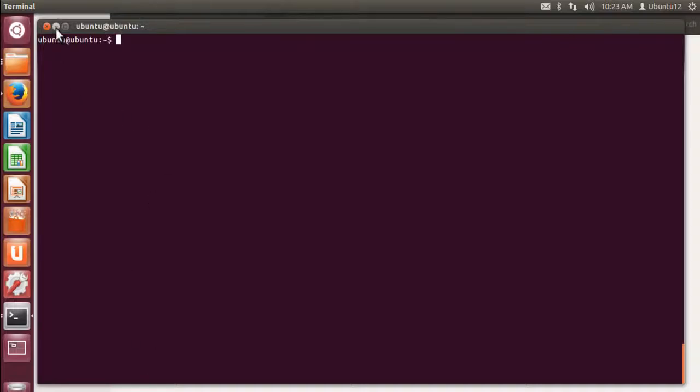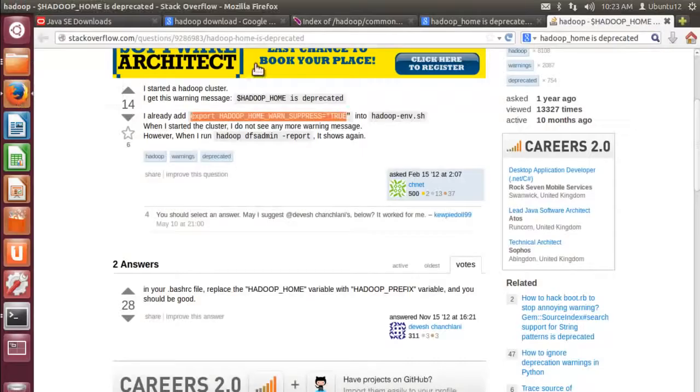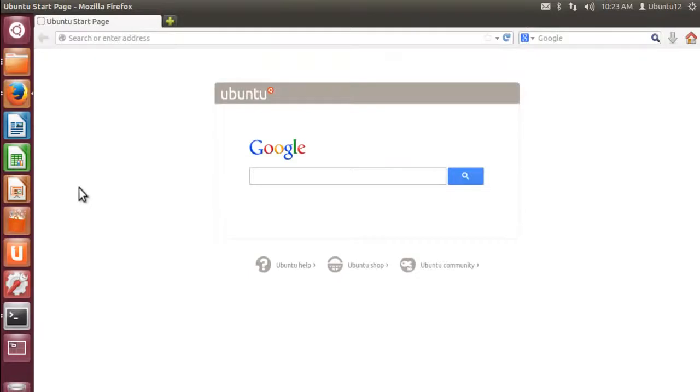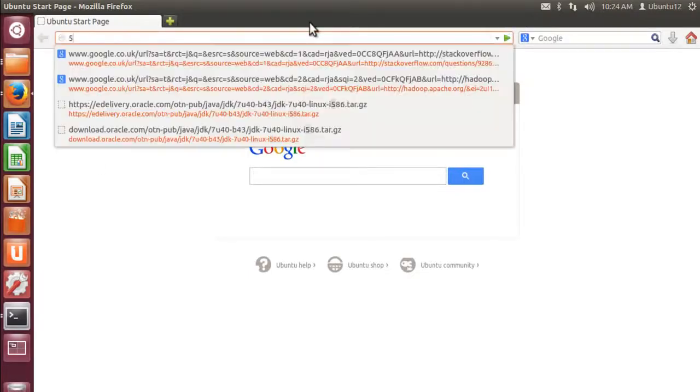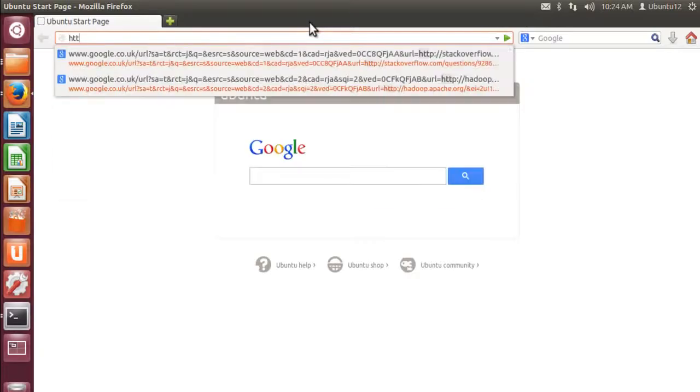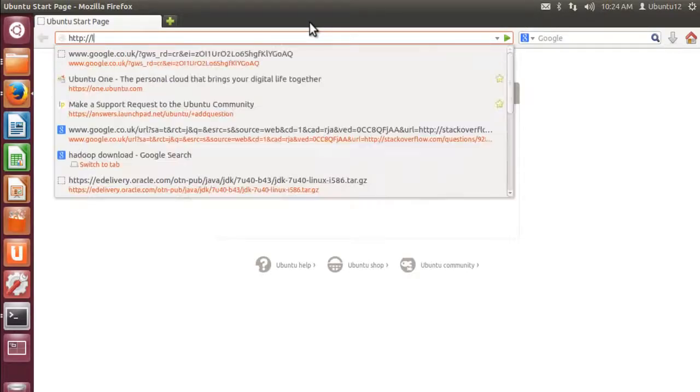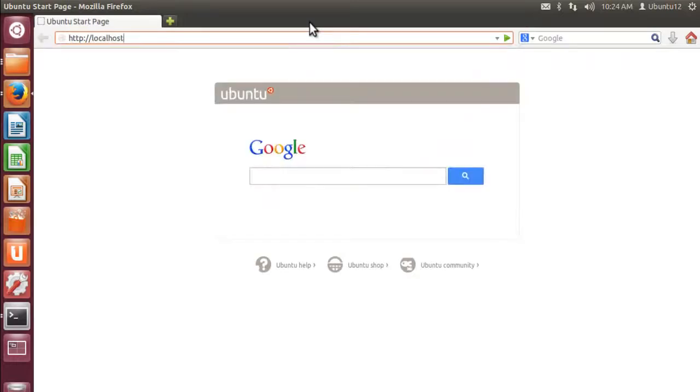And there is one more way, that is we can make use of web, because all these daemons come with the web GUI console, because daemons run on web server. So you can view whether these daemons were started successfully or not with the help of a web browser. So for that, we have to make use of this web browser, http://localhost followed by 5070. We have to type,